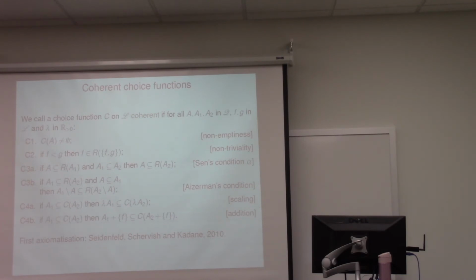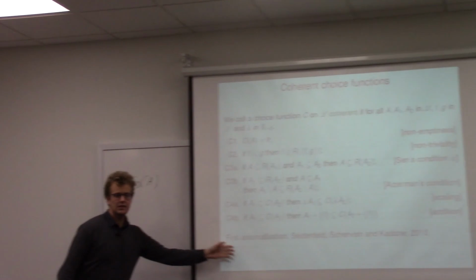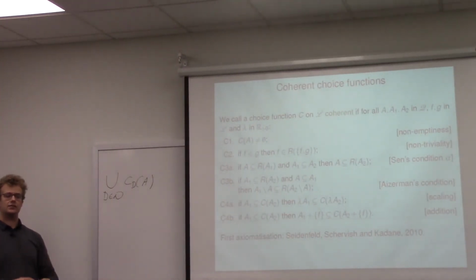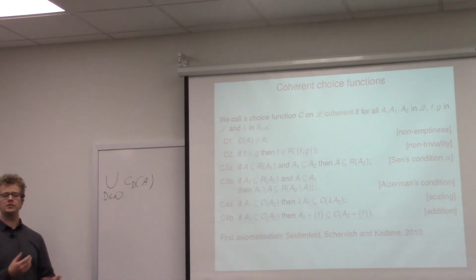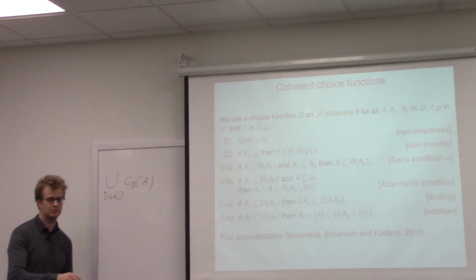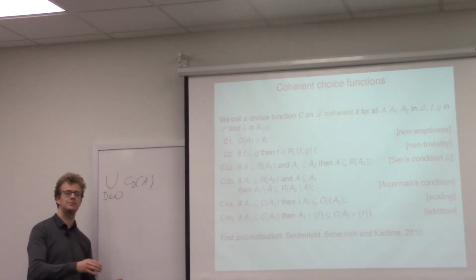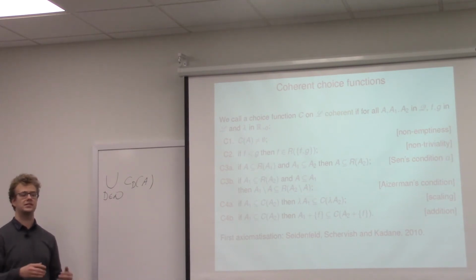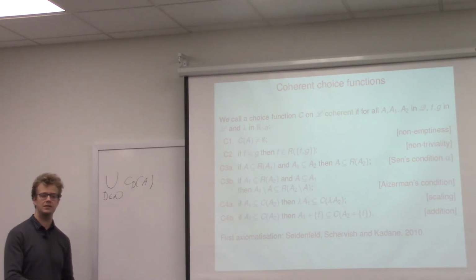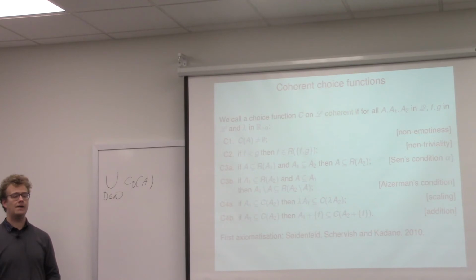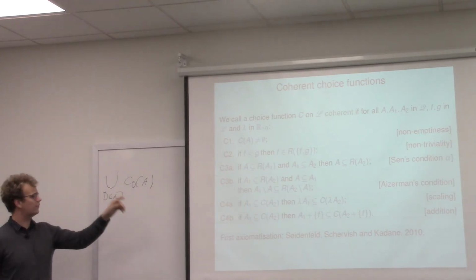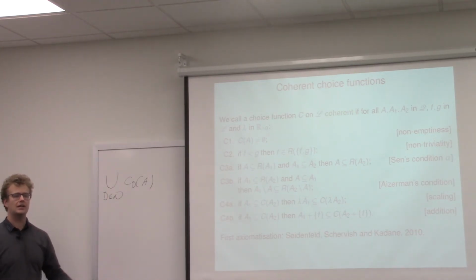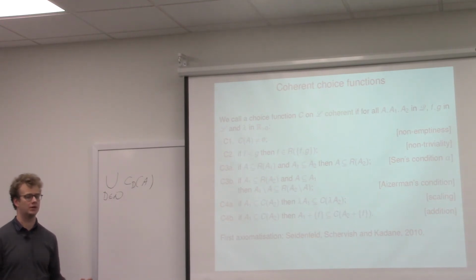What I actually wanted is that every coherent choice function is equivalent to a set of desirable gambles. In much the same way that every set of desirable gambles, well, it's not equivalent to a set of probability mass functions, it's actually equivalent to a set of lexicographic probability mass functions. And in the same way, I wanted that every choice function is equivalent to a set of sets of desirable gambles, or a set of partial orders if you want.